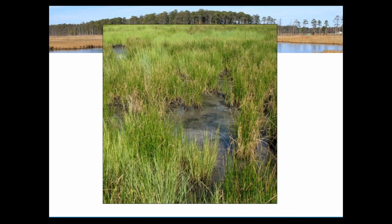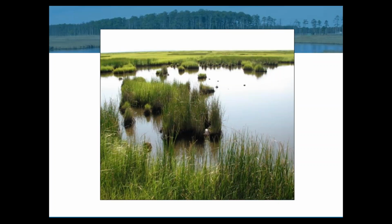And so let me just step back a minute. The way that this marsh deteriorates with sea level rise and subsidence is essentially through its internal fragmentation and breakup. As the sea level rises and land subsides, this slide shows marsh breakup in the early stages. You can see a little bit of internal ponding. You can see some clumping of the marsh vegetation, and over time,